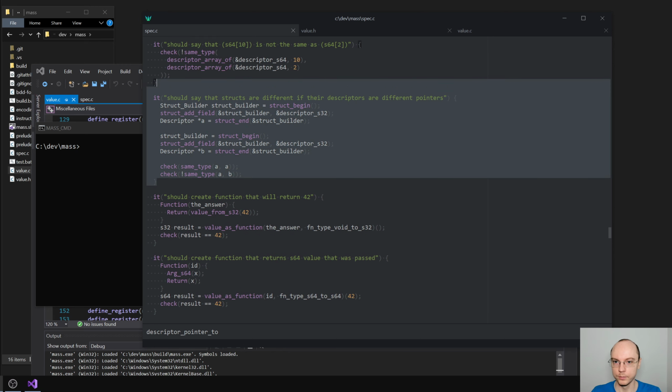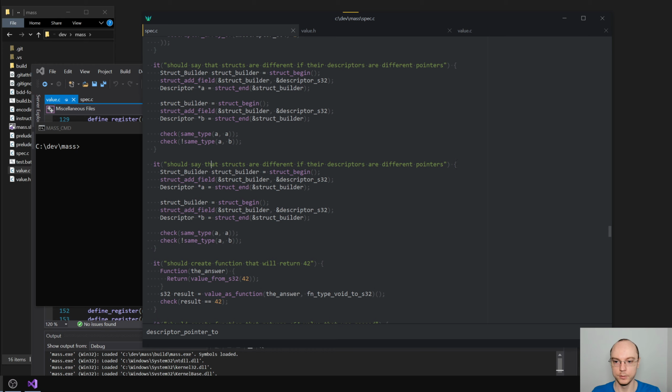So enough talking. Now we need to say that functions with the same signature have the same type,